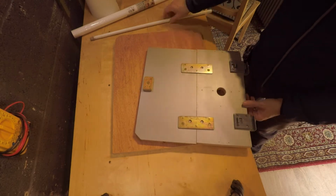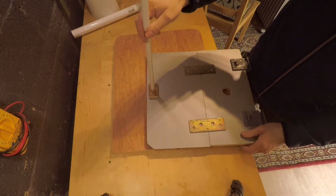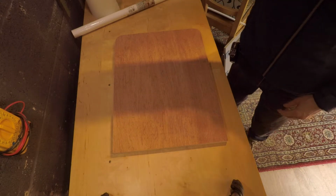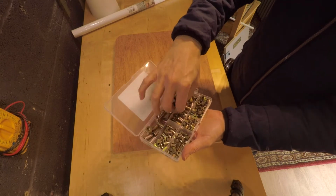So this old push fit table leg was okay. It served its purpose, but it had the chance of being popped out. You could kick it out quite easily. So I'm going to secure this new table leg with these little screw-in